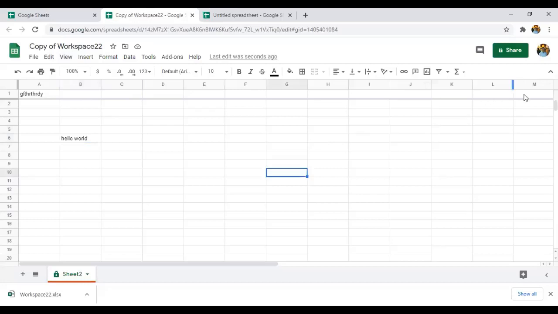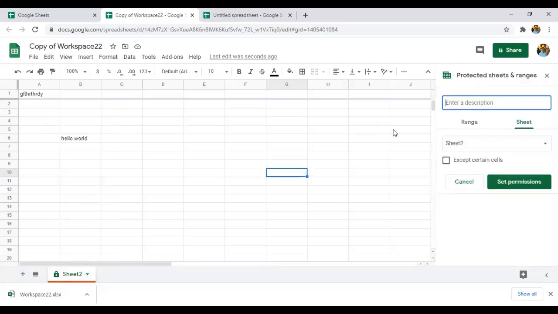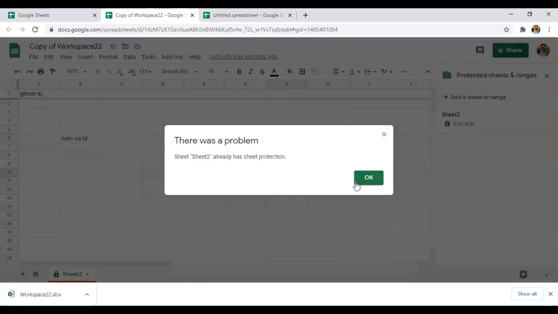So already you can see here that sheet 2 is protected. You can see here, enter the description, sheet 2, set permissions.